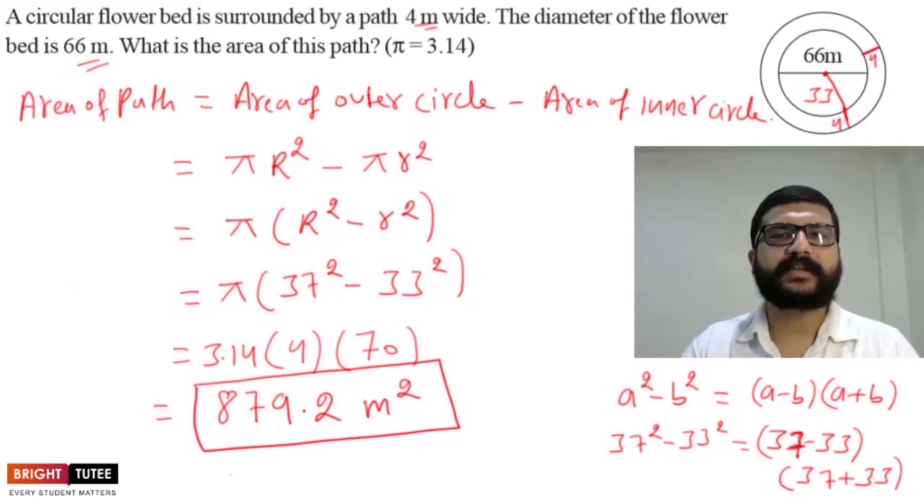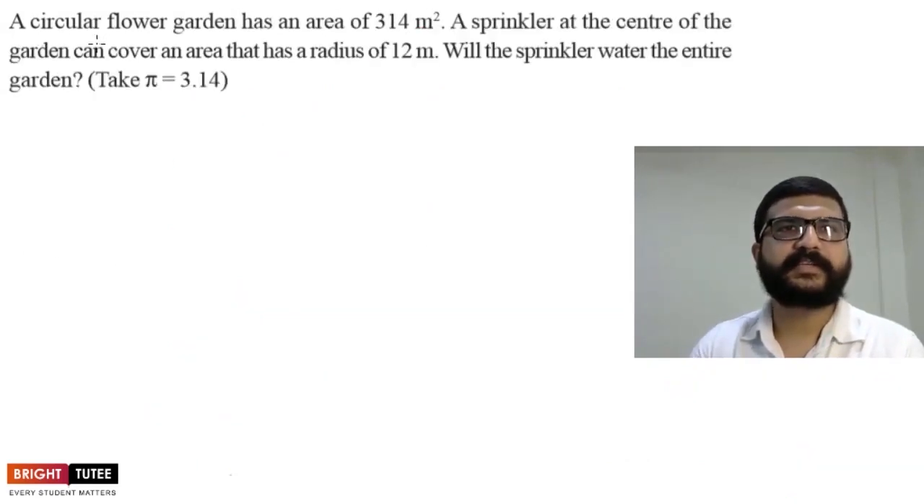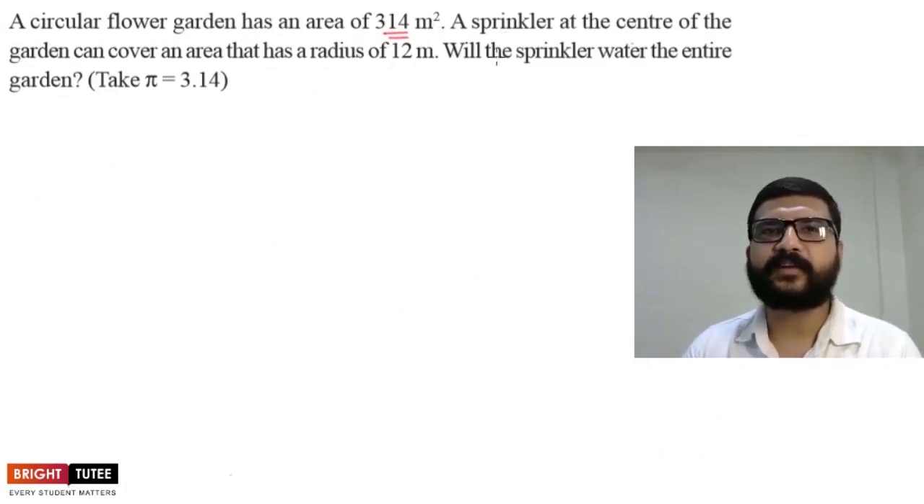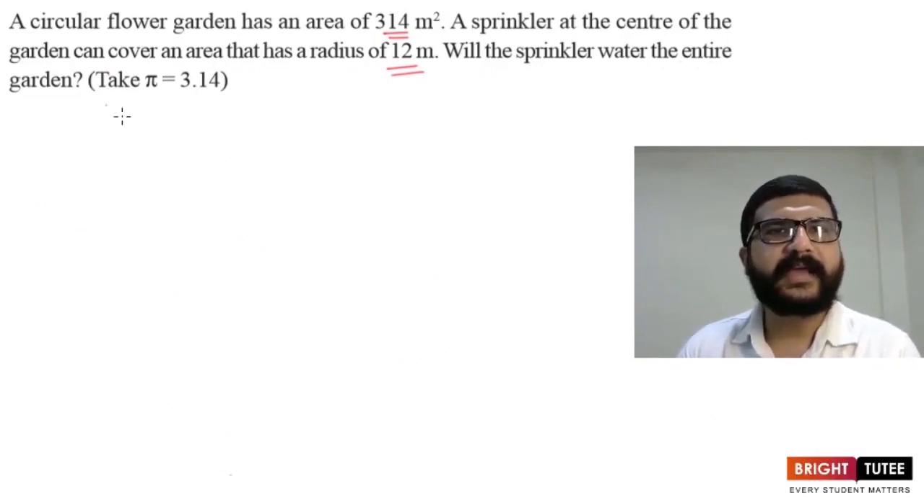Now let's move to the next question. The next question is, a circular flower garden has an area of 314 square meters. A sprinkler at the center of the garden can cover an area that has a radius of 12 meters. Will the sprinkler water the entire garden? So here we have to tell whether the sprinkler will water the entire garden or not. For that, what do we have to check? We have to check